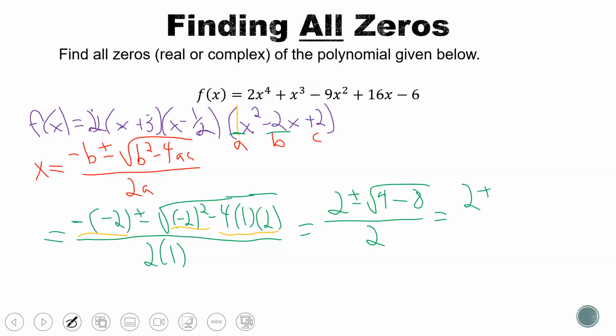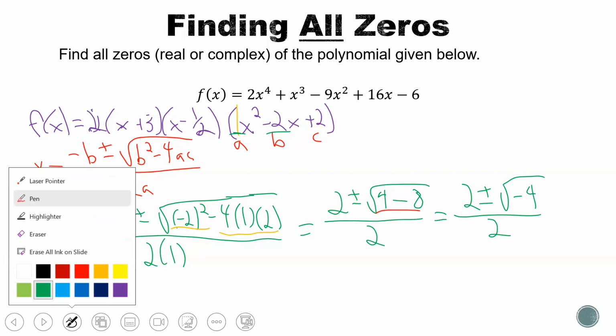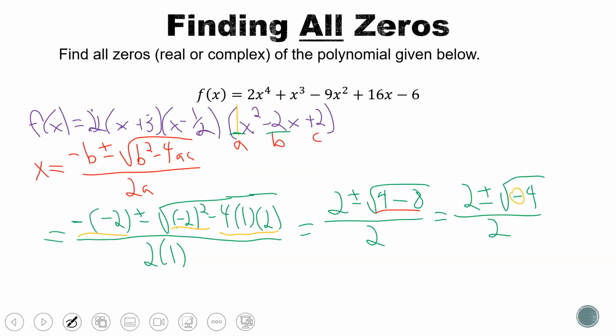Simplify some more, so I have 2 plus or minus square root. We have a 4 minus 8 under the root there. That simplifies to minus 4 all over 2. And note now that what we have is taking the square root of a negative. So that tells us we're going to start dealing with complex numbers here. So I can deal with that by doing 2 plus or minus, introduce i, square root 4 all over 2. Square root of 4 is 2, so this becomes 2 plus or minus